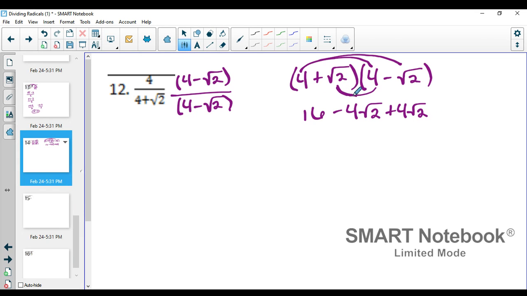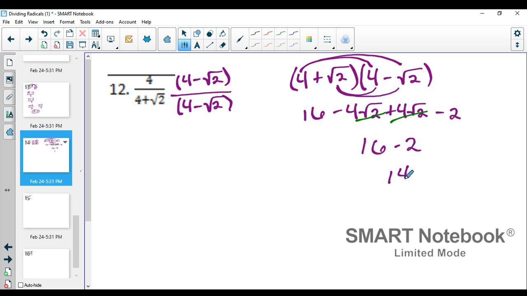And then square root of 2 times negative square root of 2, so we have minus 2. So what's going to happen here is this negative 4 square root of 2 and the positive 4 square root of 2 are going to cancel because there is one positive and one negative. So we're left with just 16 minus 2,